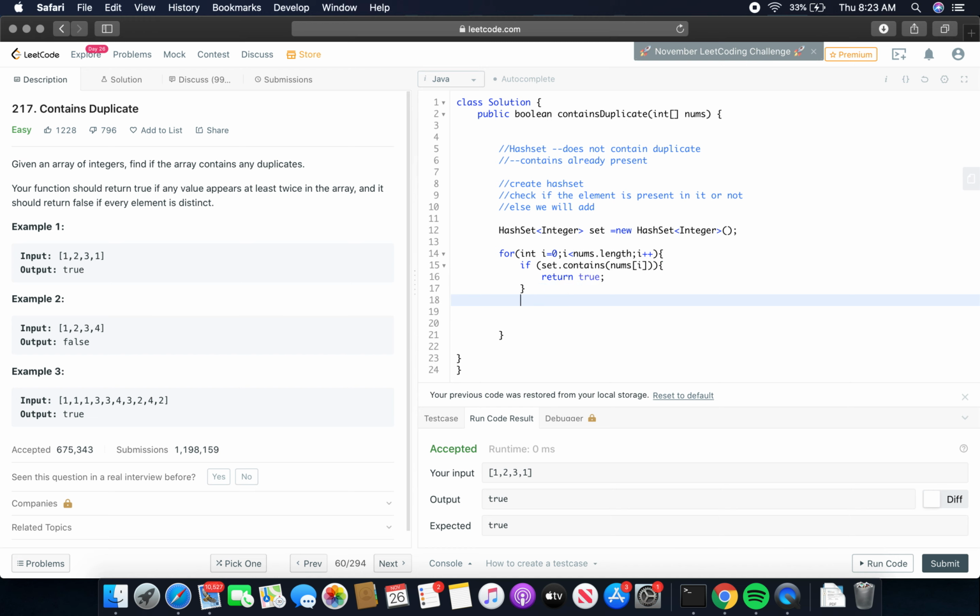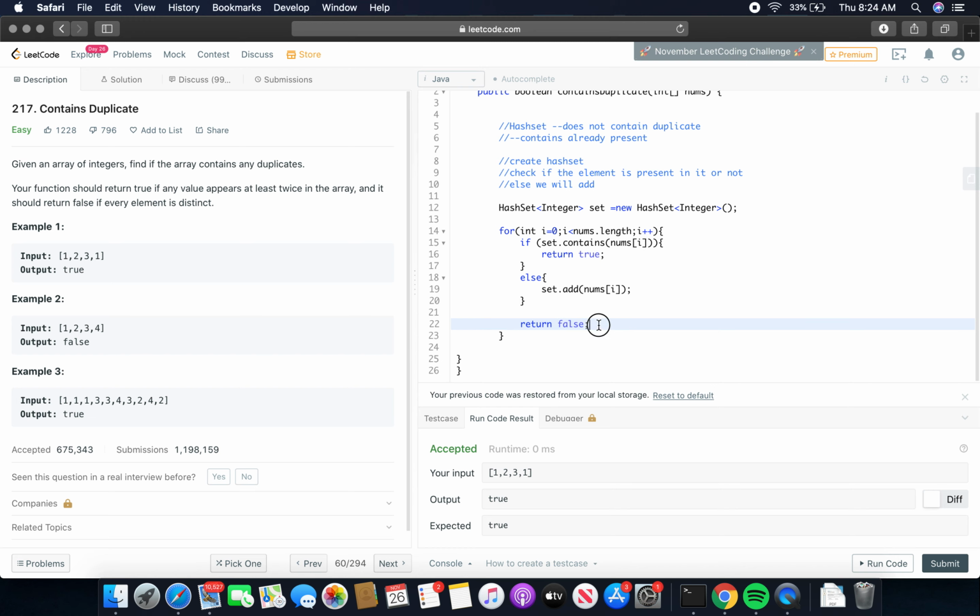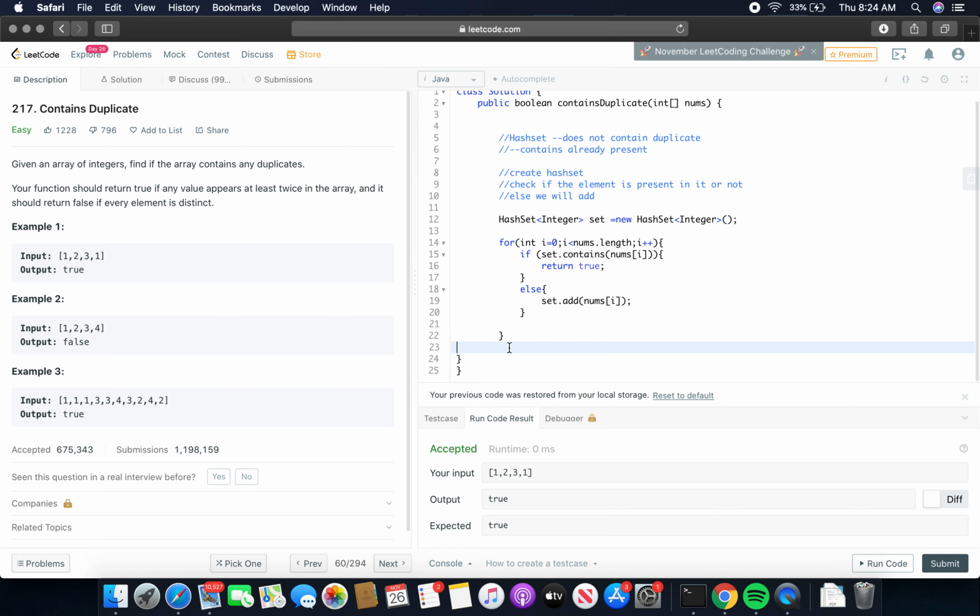And if this is not the case, in the else part we just add the element: set.add(nums[i]). If none of the conditions is satisfied, then we just return false.